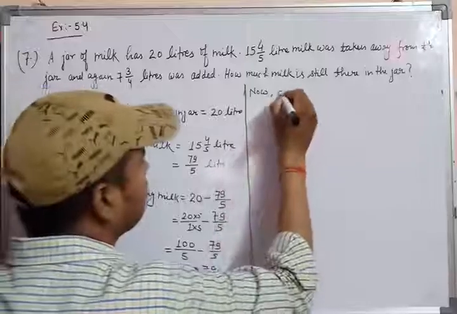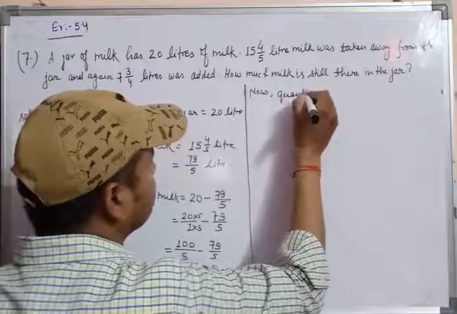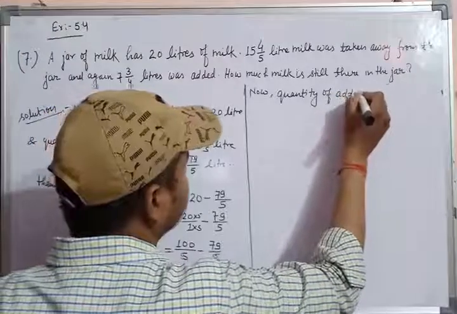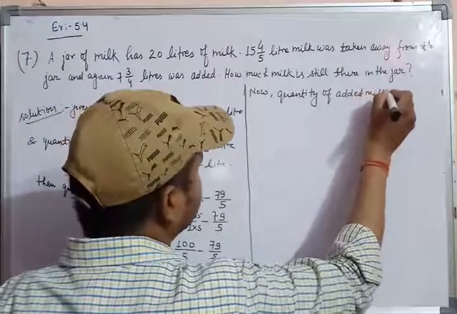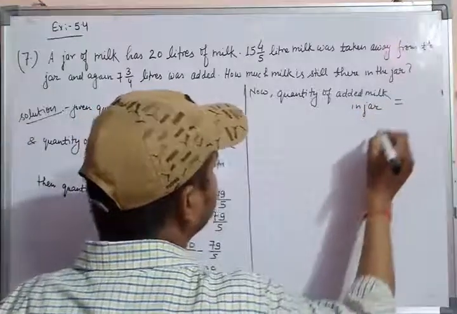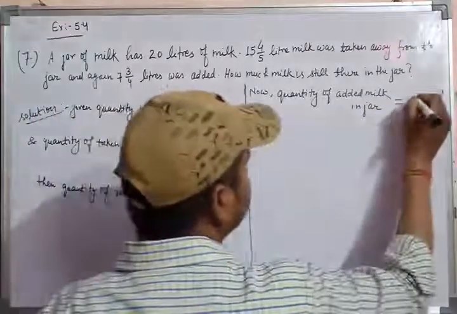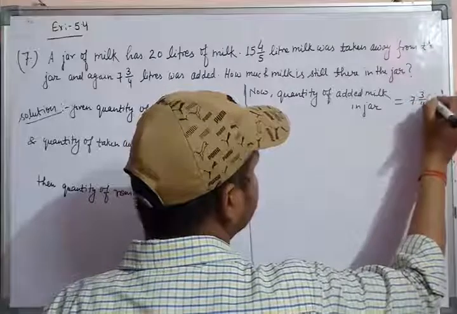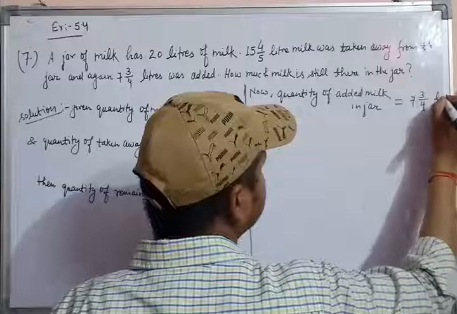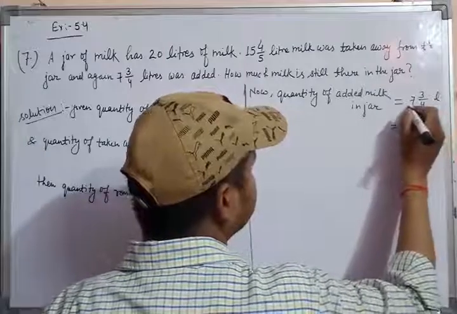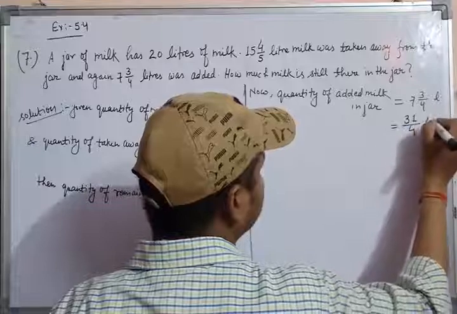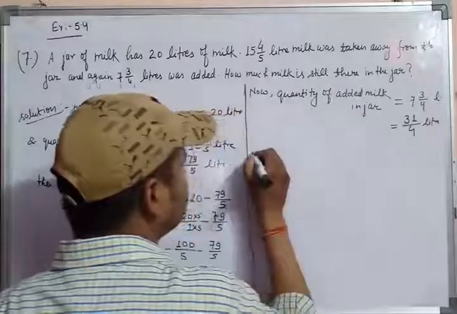Now quantity of added milk in jar is equal to 7, right, 3/4 liter. Okay, so we can write 4 times 7 is 28 plus 3 and 31/4 liter. Hence